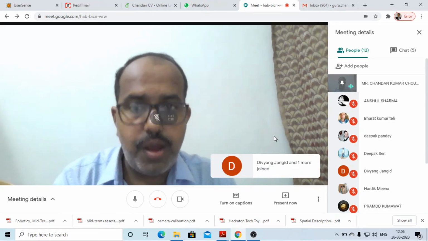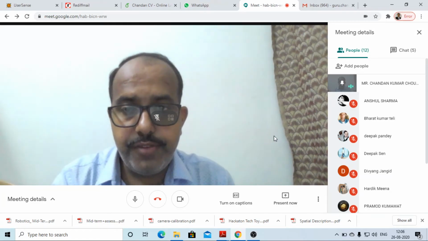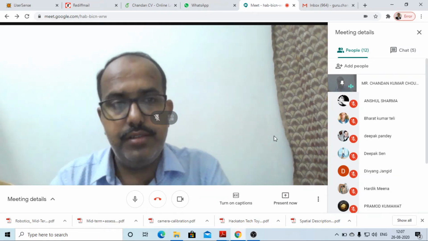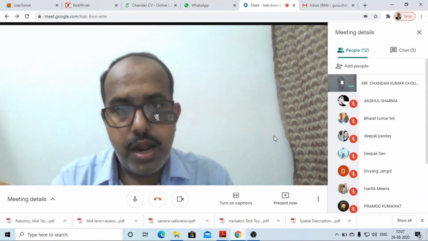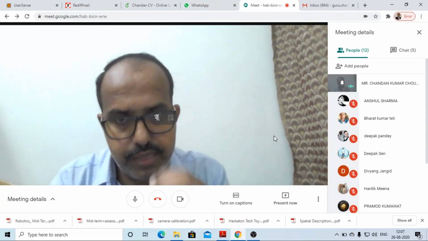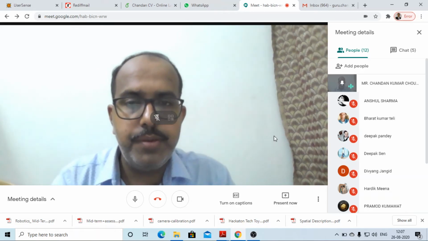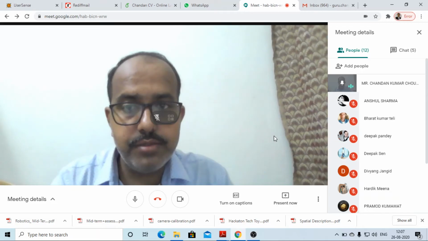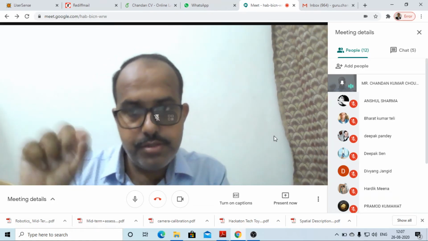The main function is that it will reject the noise, because the function of an operational amplifier or differential amplifier is to amplify the difference signal. It means if you are applying 1 volt at the positive and 1.1 volt at the negative, then the 0.1 volt difference is going to be amplified. It will not amplify the signal at the positive or negative; it always amplifies the difference of positive and negative.